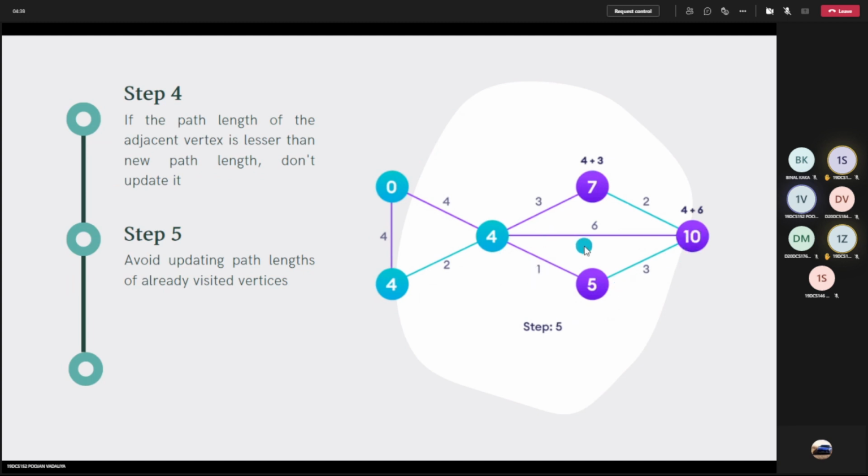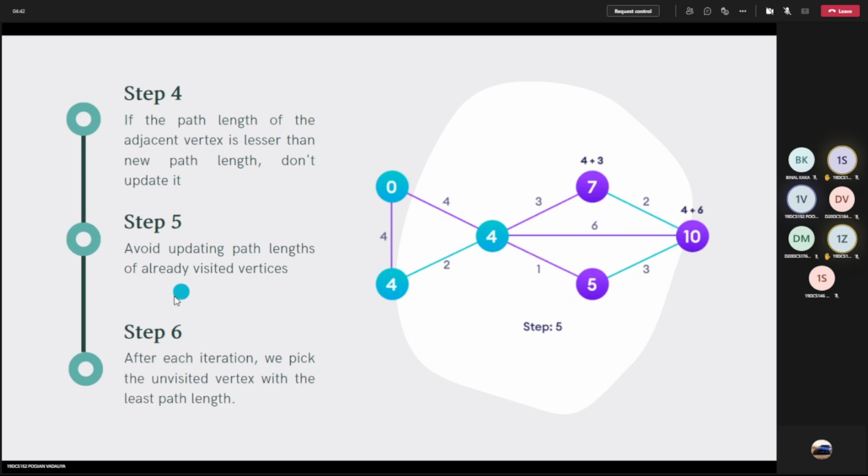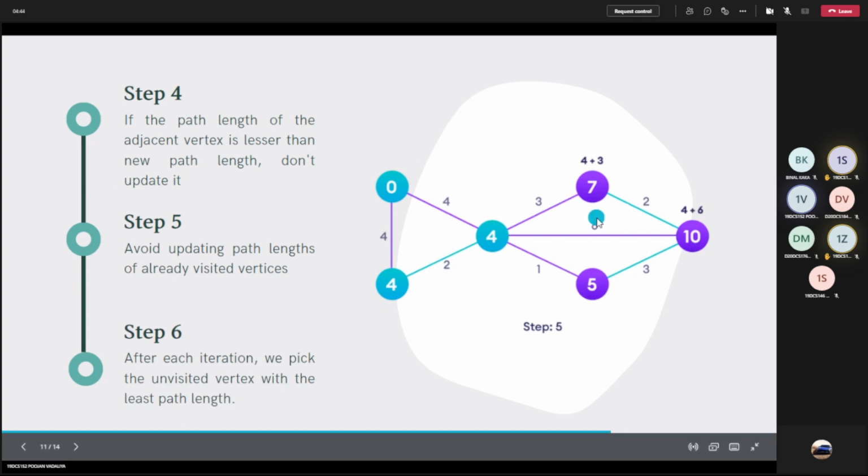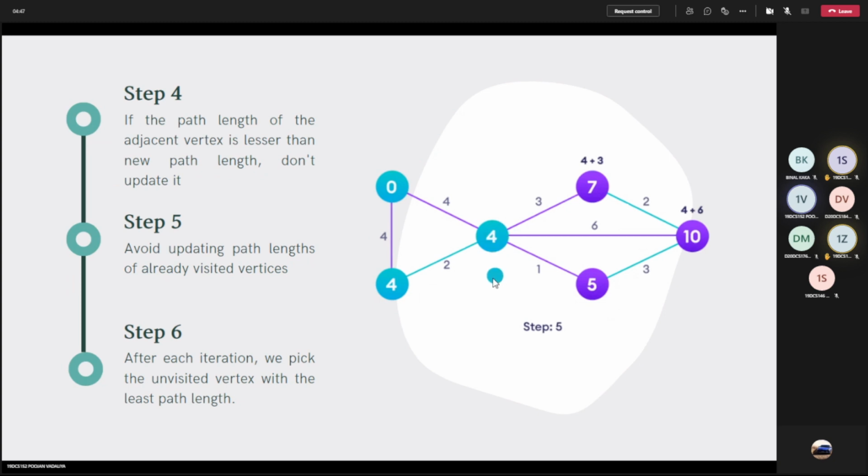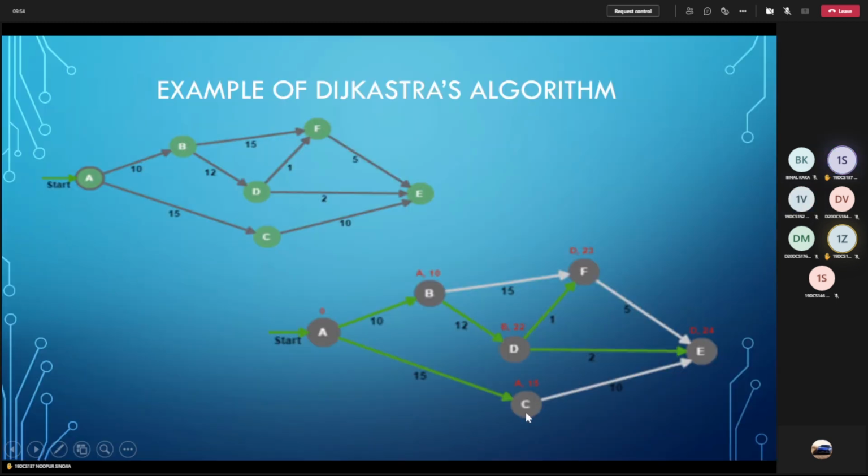And then when we approach the next step, we iterate over the unvisited nodes. As we see here, from 4 to 10 we can go in three ways: directly from 4 to 10, then from 4 to 7 to 10, and then from 4 to 5 to 10. We add all the costs, like 3 plus 2, then 6, or if we consider 4, 5, 10, then 1 plus 3. Then we get the minimum cost of 4 plus 6, that is 10. And elsewhere we would get more cost, like 4 plus 3 and C.